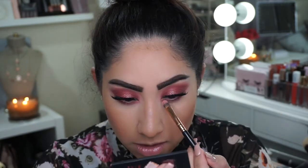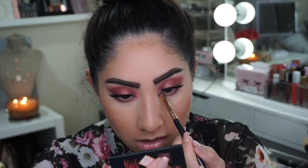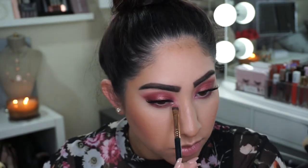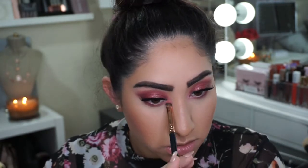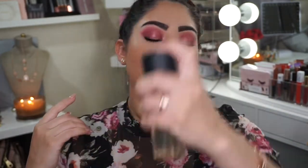unsupervised, and I'm going to just apply that to the inner corner of my eye to give it a little bit of a highlight. This color right here called Girlfriend, I just went ahead and added that literally right to the inner corners. I feel like I wanted it to be a little bit more poppy, so that's what I did. And to finish off this look, I'm going to just spray some Fix Plus to really just kind of mesh